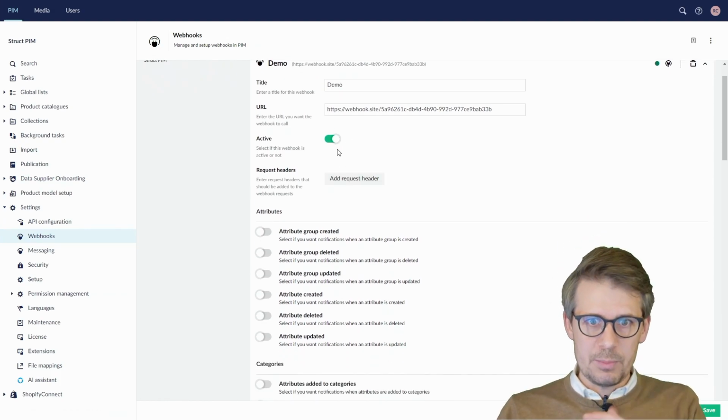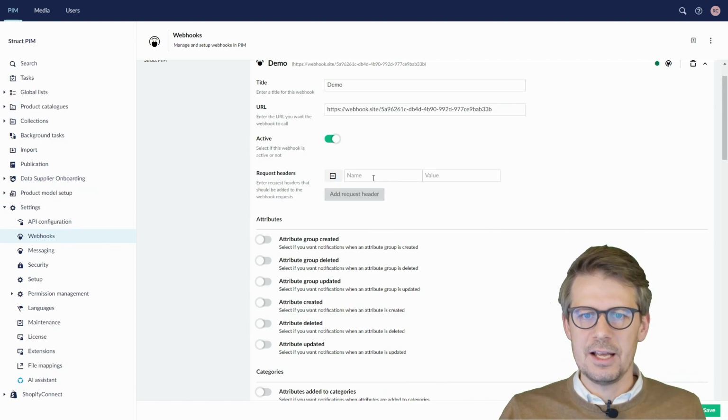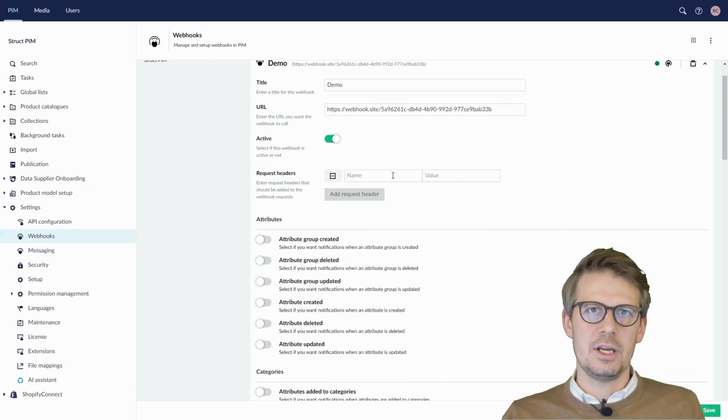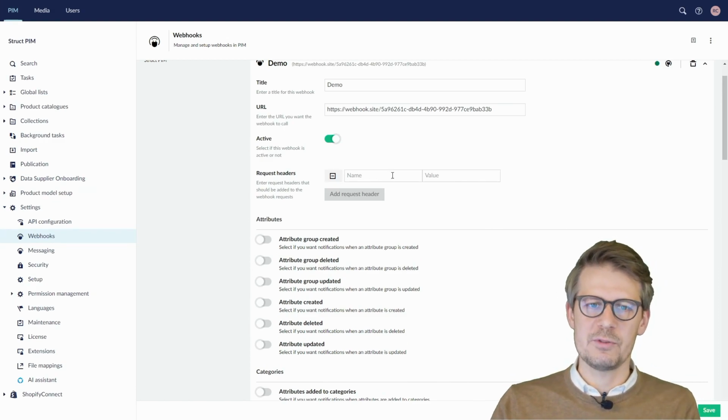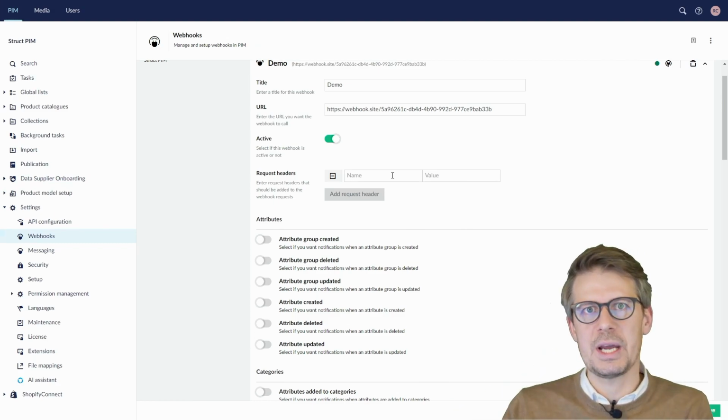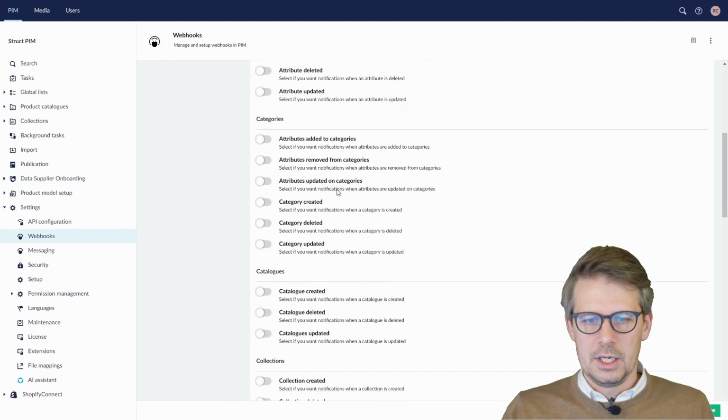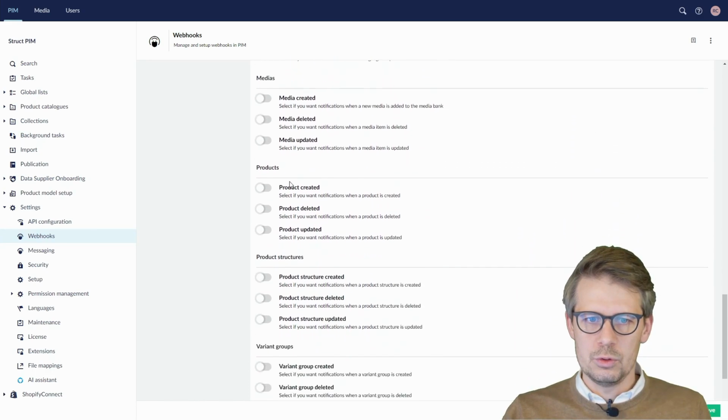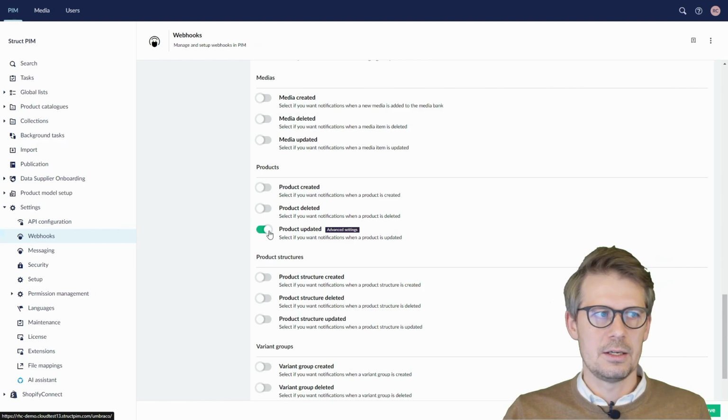or this specific webhook. Yeah, you can also add additional header information if you want to. Typically the header information you have is enough, but if you want to have some customized header information you will send with this package, you can add it in here. In this case, I'll go to products and tell that whenever a product is updated, I want to fire this